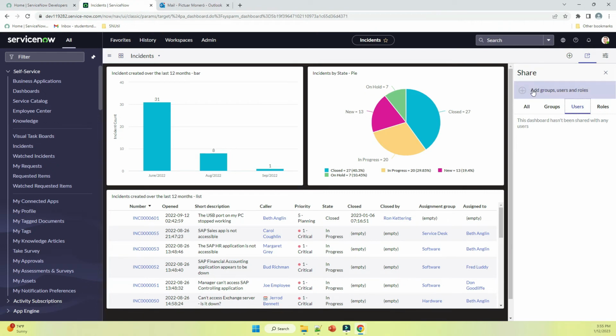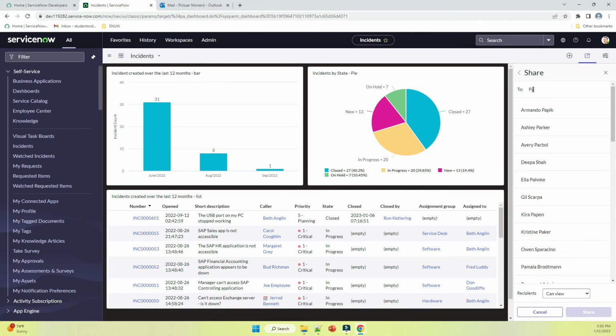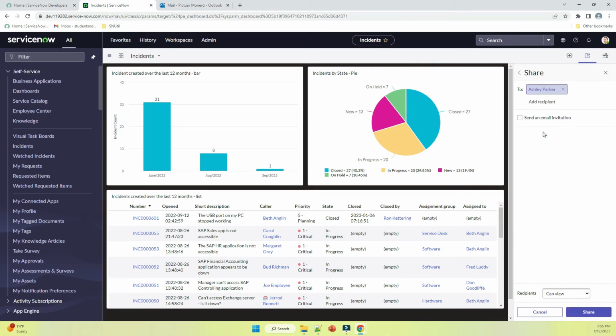So now I click add, and I just need to type the name. Here it is, I want to share the dashboard with Ashley Parker. Click OK. I can decide if I want to send a notification to Ashley, so she will receive an email letting her know that somebody shared a dashboard with her, or I can leave it blank. In this case, I will leave it blank,